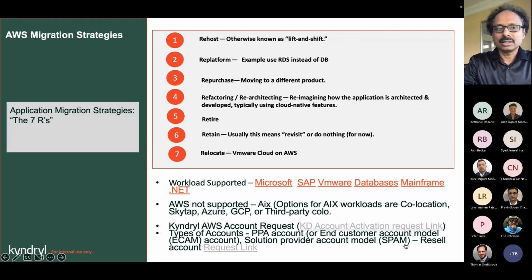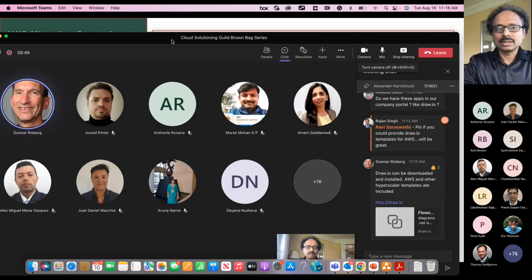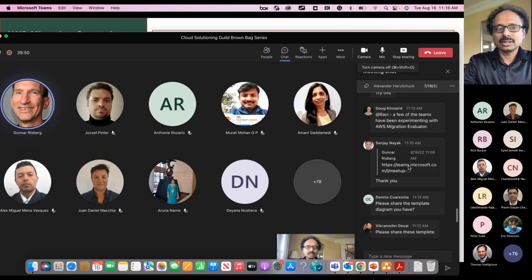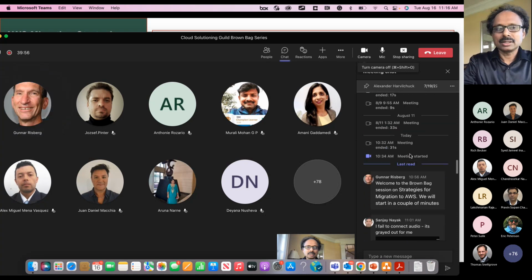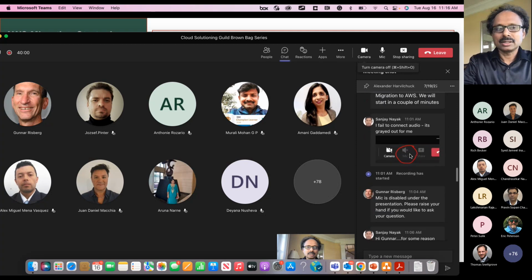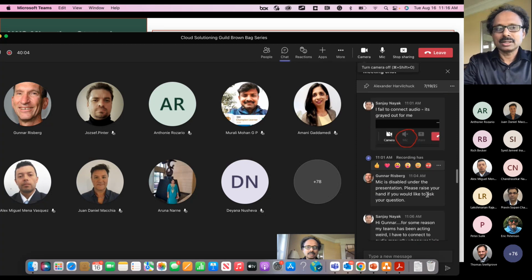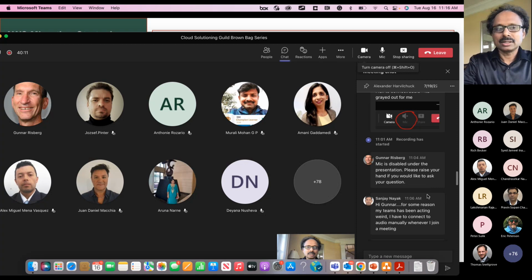These migration labs in AWS, are they available with the Kyndryl IDs, or is a special ID required? It is the Kyndryl ID. Please make sure that every one of you registers in Quick Labs. It is available for us. For certain labs you need to pay money, you need to buy the credits, but you don't need that. You can go all the way till the end for the AWS labs.